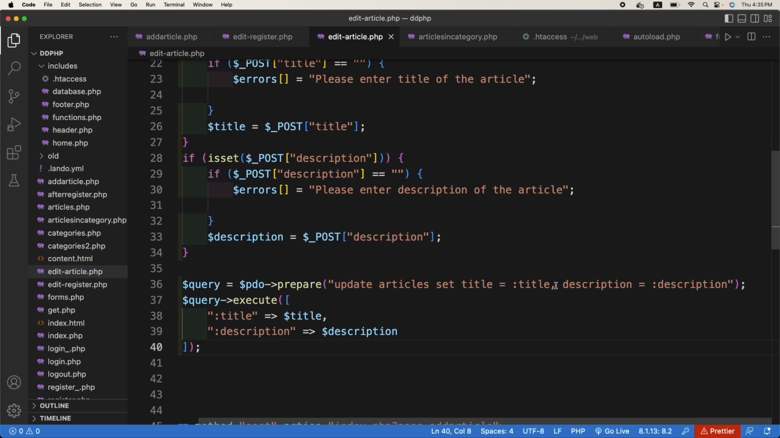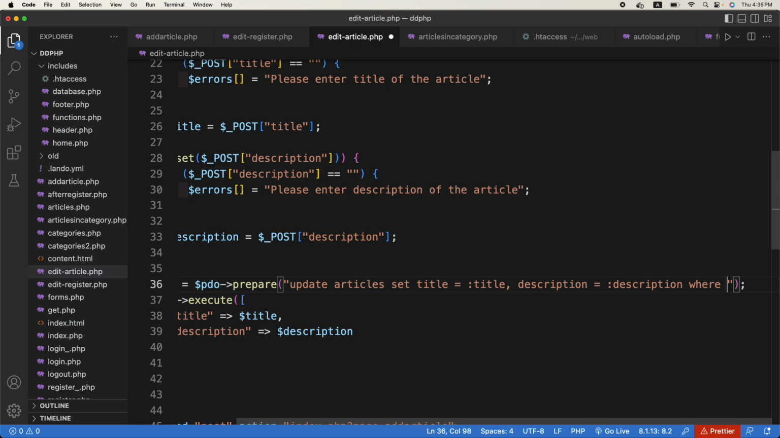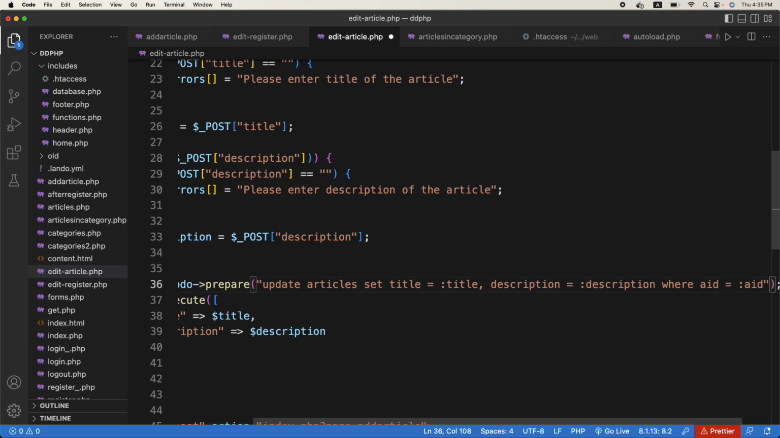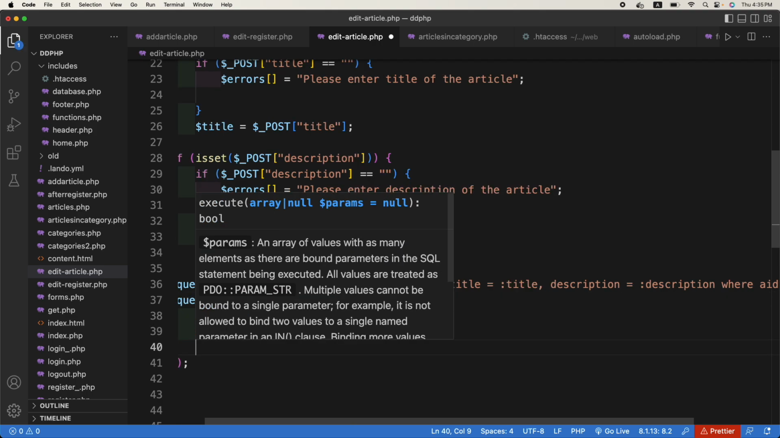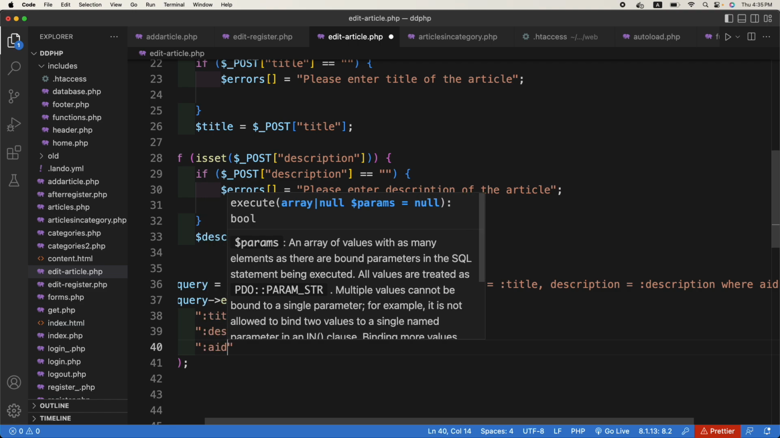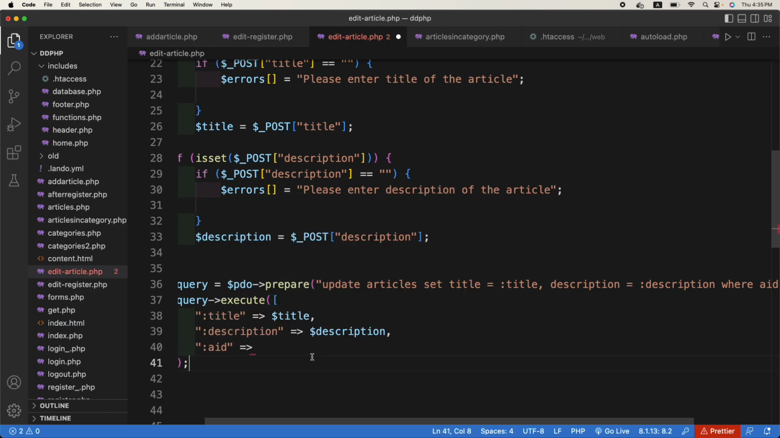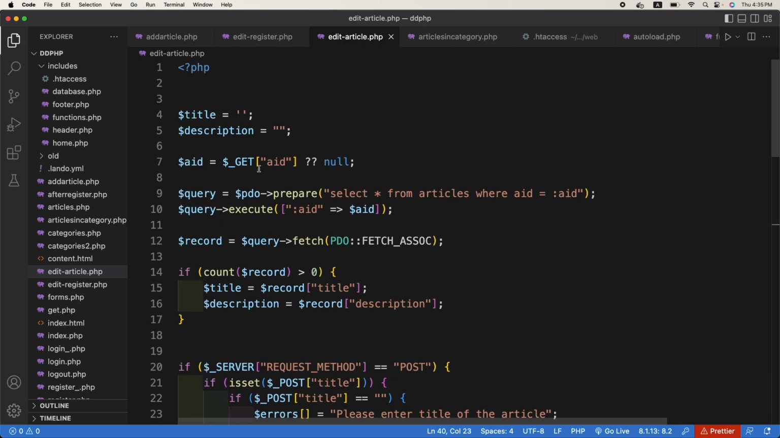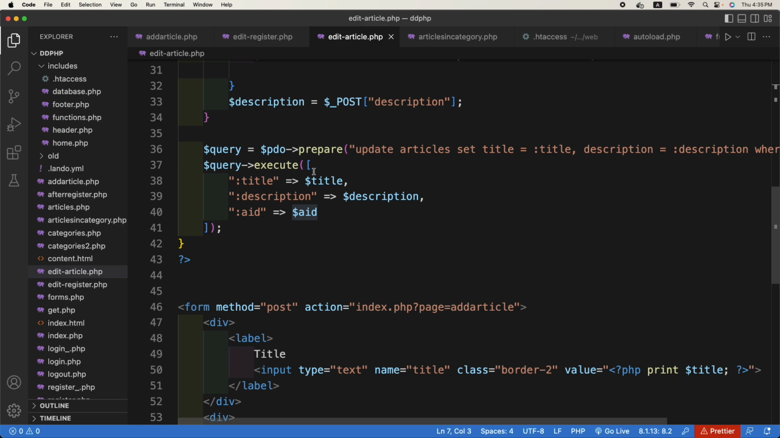Okay, so here the where condition we must be using, otherwise all the records in the table will be changed. So where AID equals colon AID, and we need to have that AID also here, $sign AID. Where are we setting it up? Here. If the URL has this, so we are setting it into AID, otherwise null. So now we are ready to go,